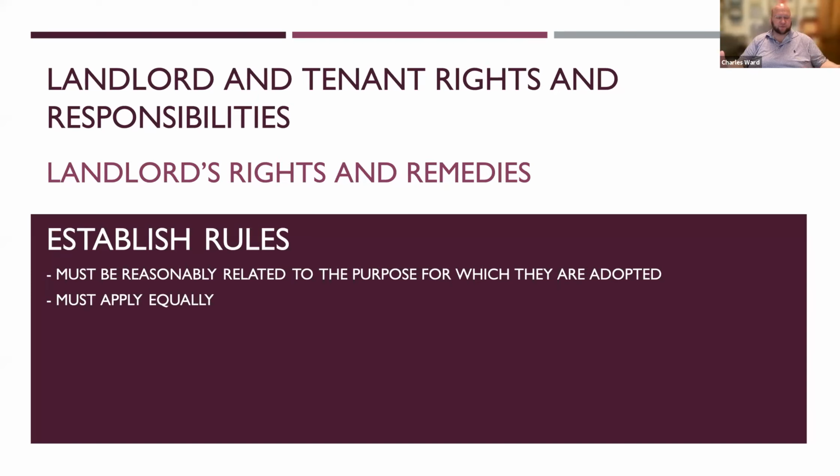So if it's a big apartment building, you can't just say one tenant has a responsibility to do certain things, but another tenant doesn't. Now, of course, this may be different because obviously different apartment units are going to have different configurations. And if one, say, has a jacuzzi tub in it and the other one doesn't, both tenants obviously can't maintain a jacuzzi tub or do certain things that they have to do for a jacuzzi tub.